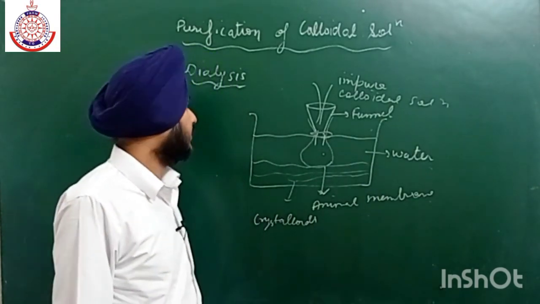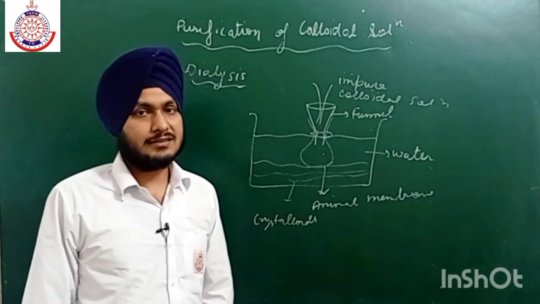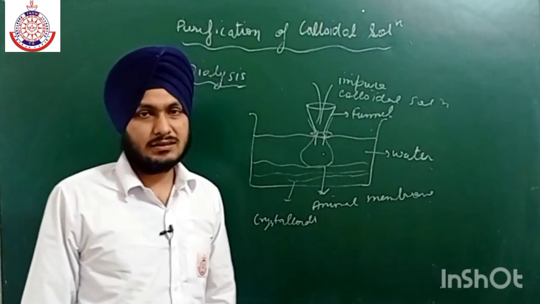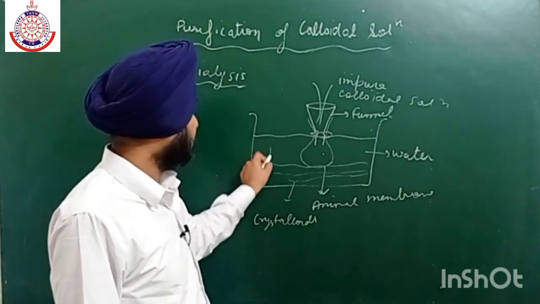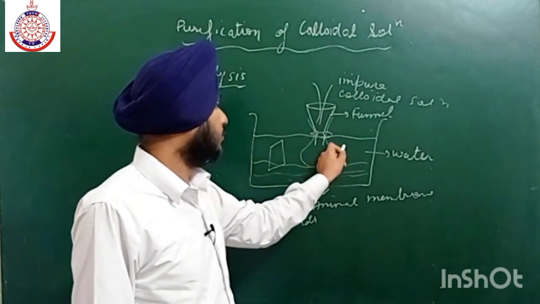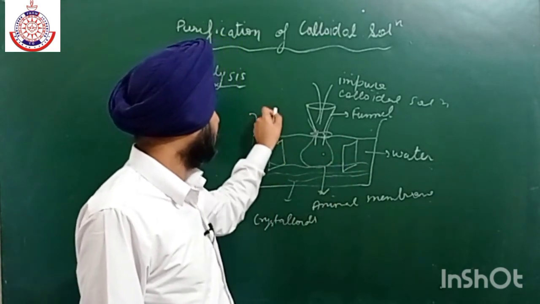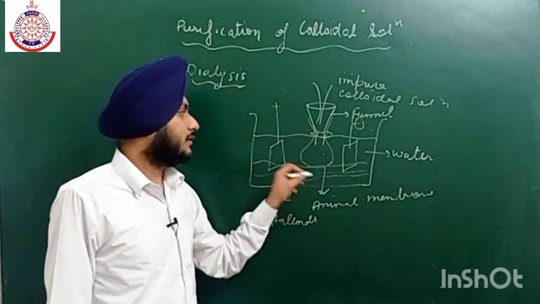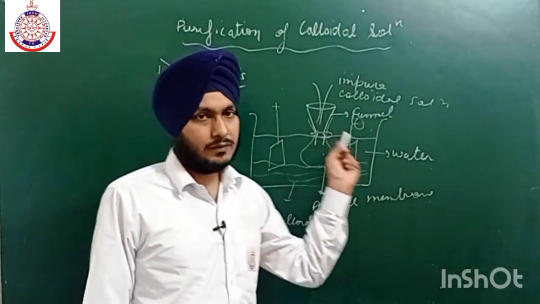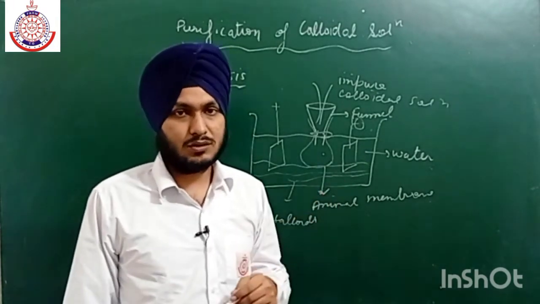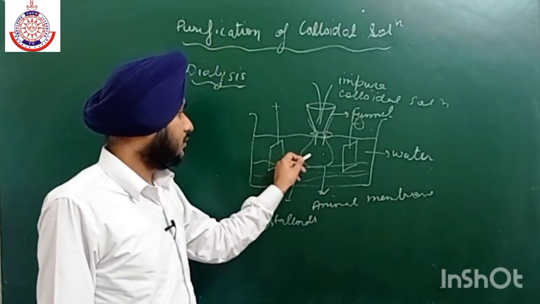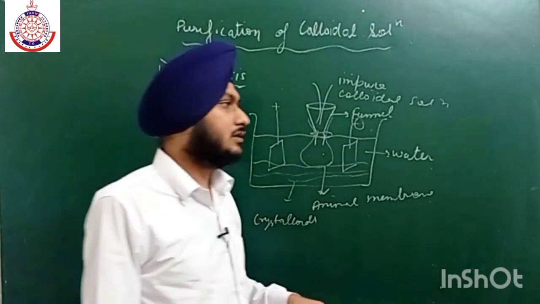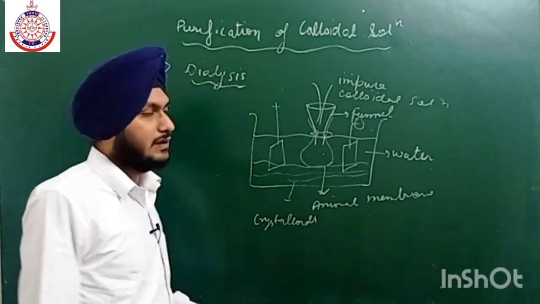ठीक है, so in this way we can easily separate crystalloids from colloids. We can also increase the rate of separation by applying some electric charge with the help of two plates, one positively charged and one negatively charged. तो इससे क्या होता है, in presence of electricity they start moving. तो बहुत ज़्यादा मोशन जनरेट होता है, जिसकी वजह से क्रिस्टलॉइड्स की निकलने की टेंडेंसी ज़्यादा हो जाएगी. So this is the very first method.